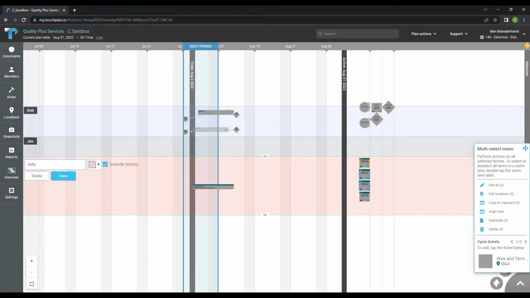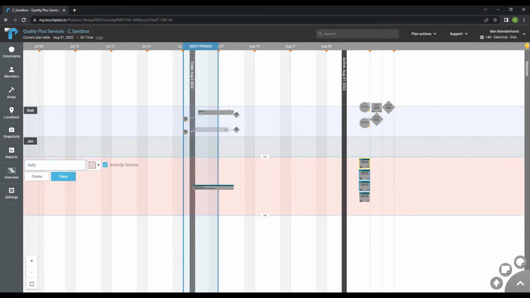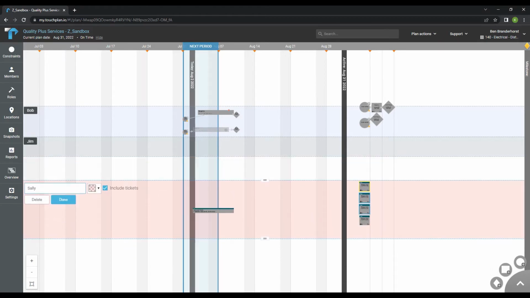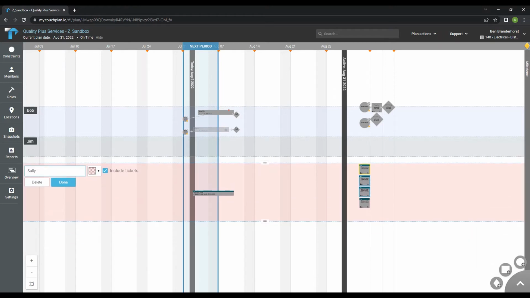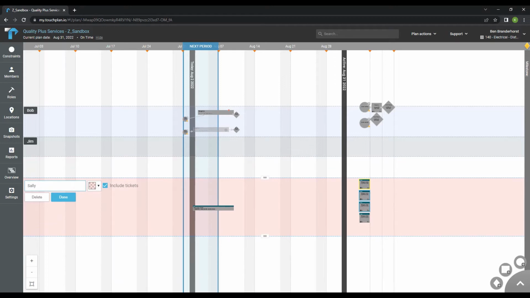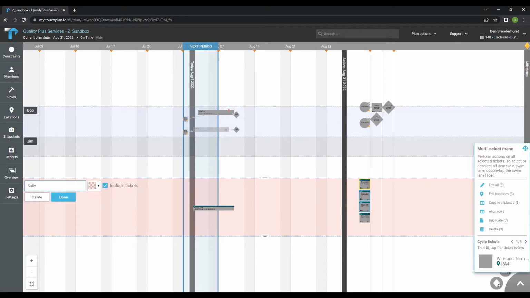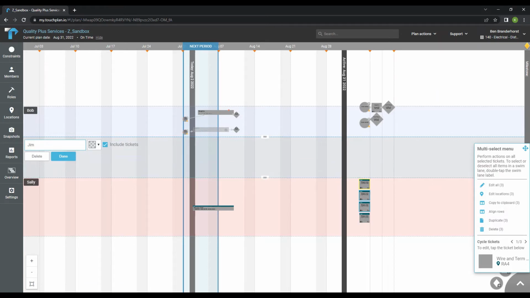So basically you just click, and then you can click here where you have your little hand, and then you can click and drag, and move it up and down, and then say, oh, I'm done. And when you're moving it, see how it's moving your tickets along with it? That's a handy feature, because if you don't want to include your tickets, just uncheck that, and you're good to go. So now we can go over here to Jim, and make Jim's a little bit bigger. Perfect. So now we have Bob, Jim, and Sally,